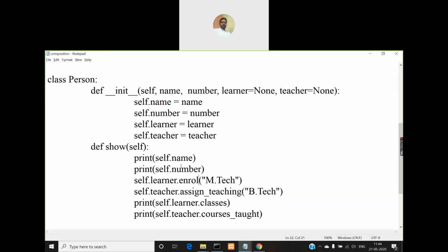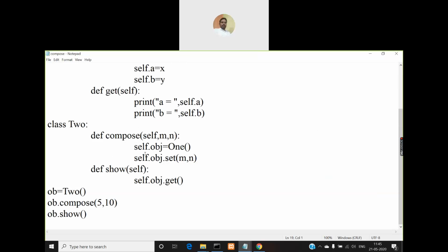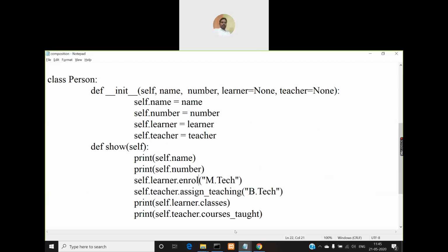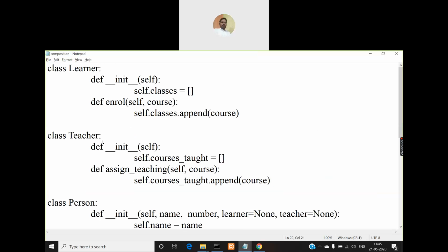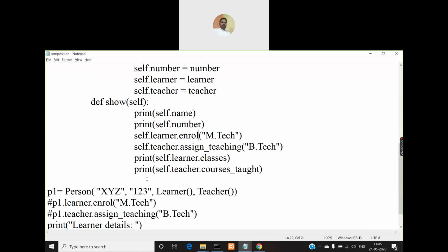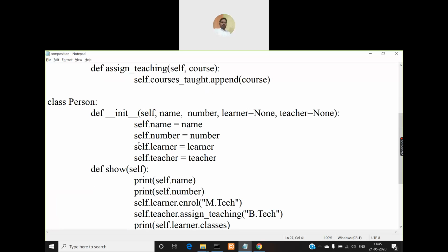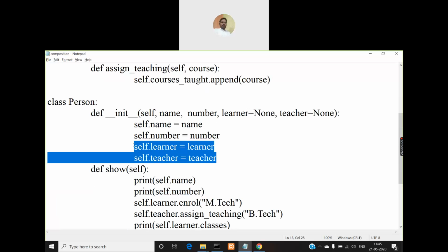So this is a little bit complex way of using composition. The previous program uses the simple way. Simply directly you are creating an object for class 1 in class 2 like this. So in this program, instead of creating the objects directly in class person for class teacher and class learner, we are passing those objects for learner and teacher as parameters to the constructor of the person class, and then you are assigning those objects in turn to self dot learner and self dot teacher object